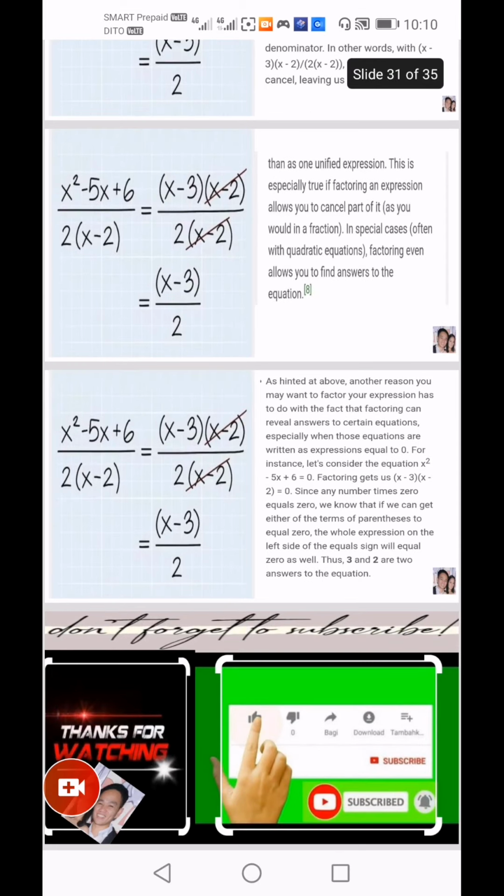As hinted at above, another reason you may want to factor your expression has to do with the fact that factoring can reveal answers to certain equations, especially when those equations are written as expression equals 0. For instance, let's consider the equation x squared minus 5x plus 6 equals 0. Factoring gets us x minus 3 times x minus 2 equals 0. Since any number times 0 equals 0, we know that if we can get either of the terms in parentheses to equal 0, the whole expression on the left side of the equal sign will equal 0 as well. Thus 3 and 2 are two